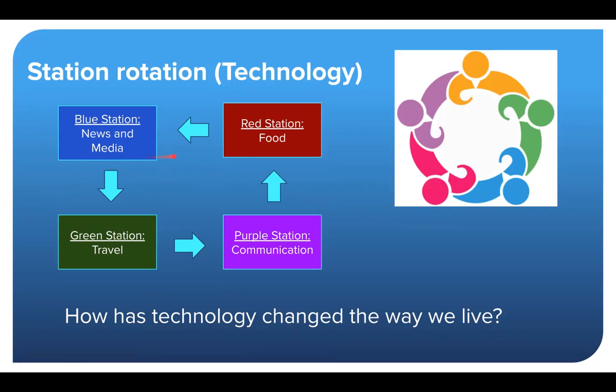And the same for food, how technology has changed the way we produce and eat food over time, and the same with travel and communication. So this activity is based on different parts of one topic. So technology is the topic, and the idea is to have students learn all these different subtopics. It's great for discussion, and you should also have a feedback at the end where students feedback what they thought